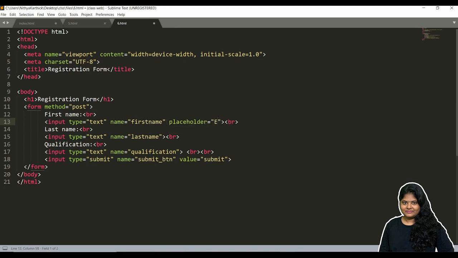In placeholder I'm giving content which is very useful for viewers or users of our form. Enter your first name. So just save the form.